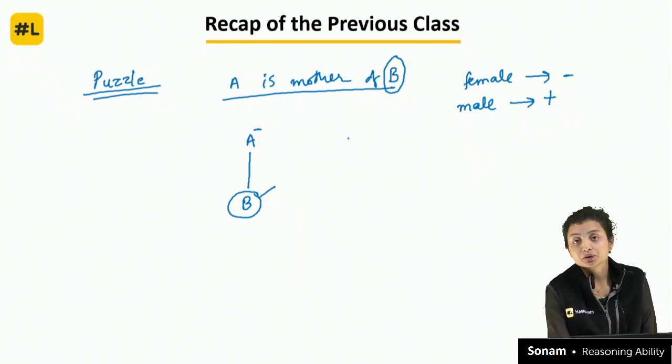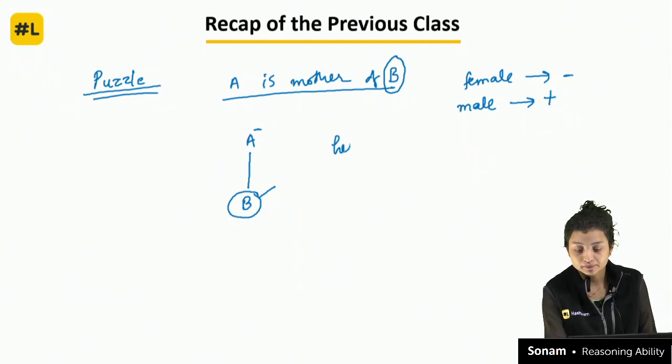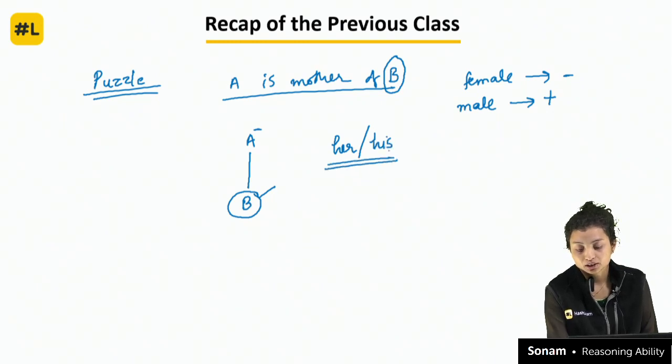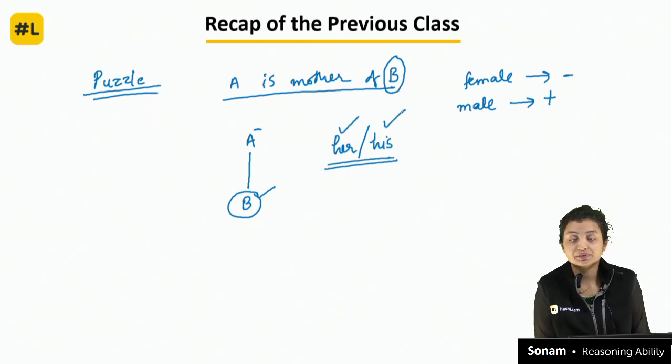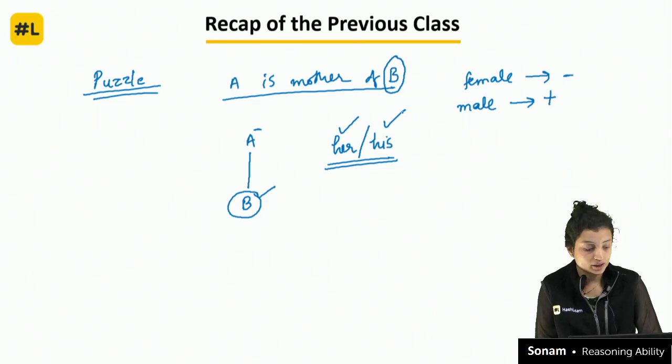Also I taught you that we have to be very careful with the his and her type of words, because these are the indicative words which will help you to understand the gender of the person given in the question. Okay, so this was the previous class recap,